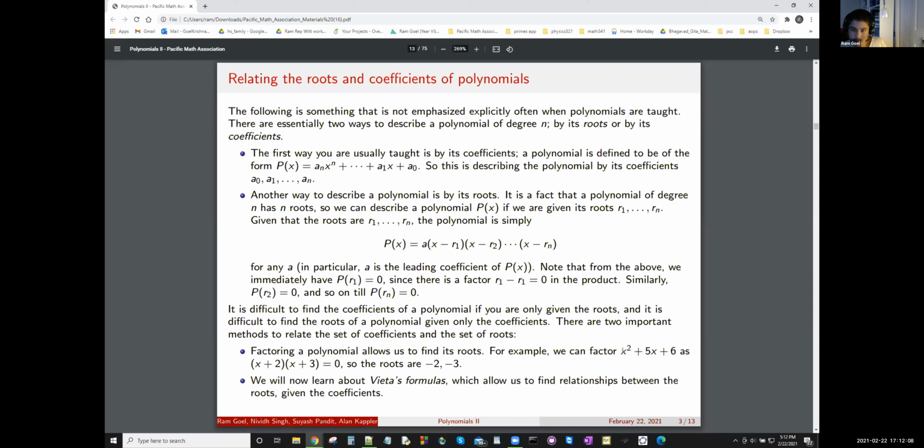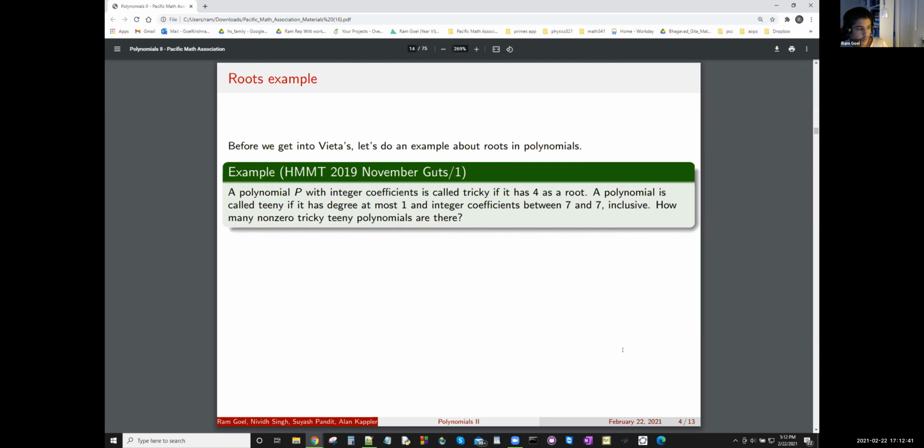Now, Vieta's formulas, these are something you might have heard about, which is the main focus of today. This is all set up for that. Why are Vieta's formulas important? They basically allow us to find relationships between the roots and the coefficients. Specifically, if we're given the coefficients, we can find the sum of the roots, the product of the roots, and other things about the roots. It's hard to find the roots directly, since that requires factoring, but Vieta's formulas are a way to find relations between the roots given the coefficients, which we're going to talk about. So before we get into Vieta's, Alan is going to go through an example about roots